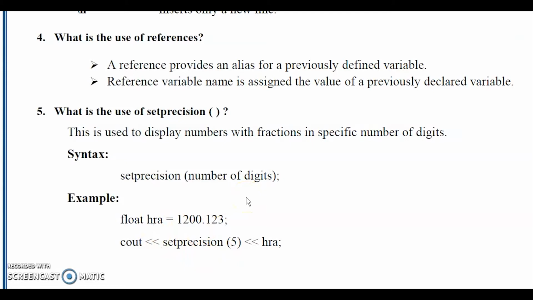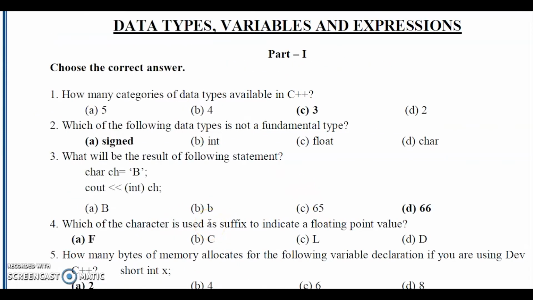And now we will see the book back exercise of Chapter 9. In this 9th chapter we have 2 types of book back exercise. The first part is the introduction to C++: who developed it, how it came, and then tokens of C++, operators, and then cin statement, cout statement, how we can compile it, how we can run it. It's a simple C++ program. For this set of syllabus, book back questions were given, and I have already discussed them with you.